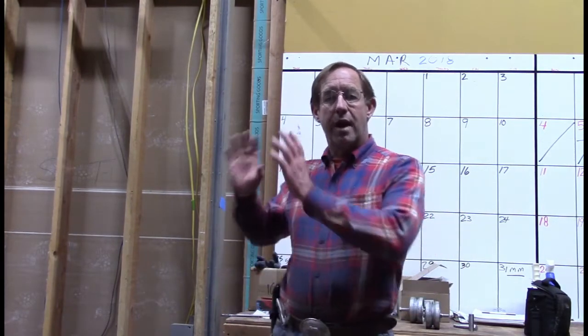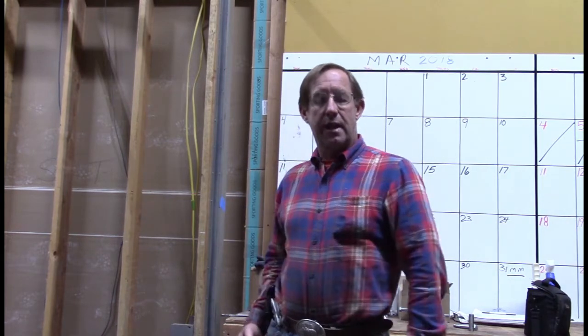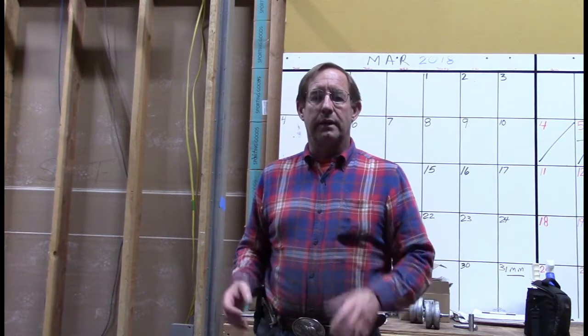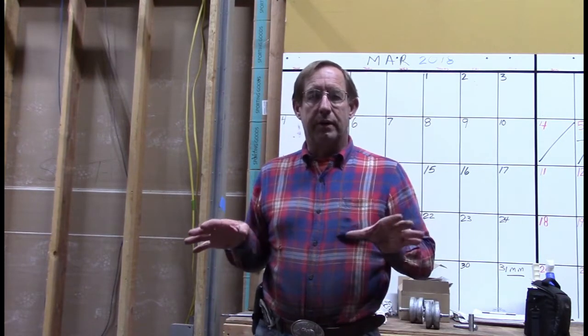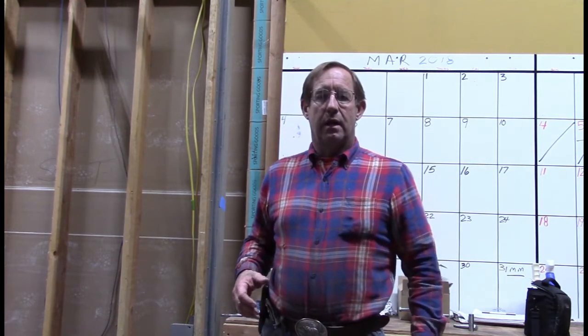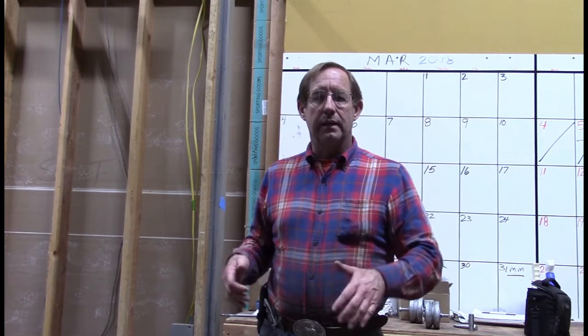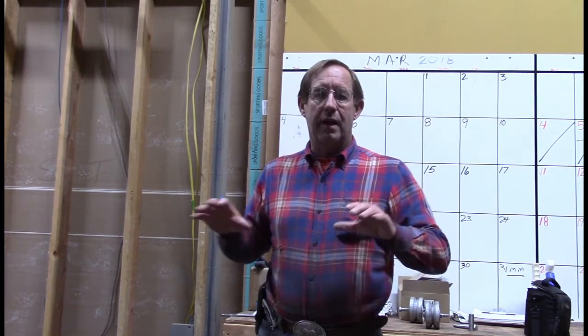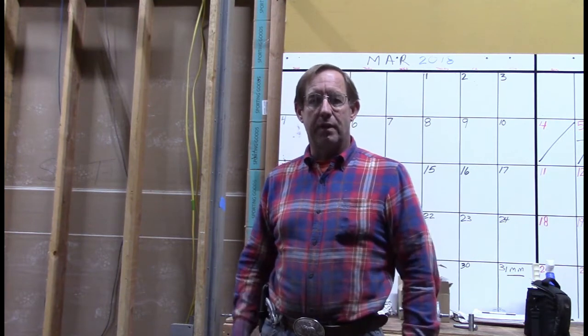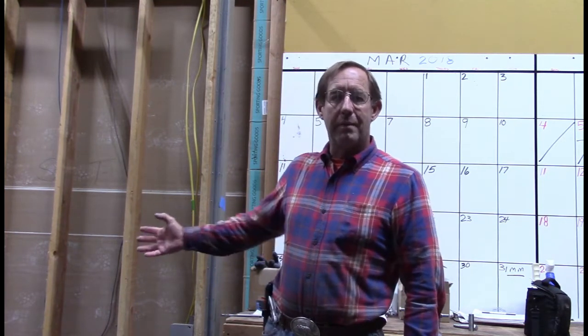Back again. We're going to be working on the trolley system again. We're actually going to be putting those onto our standards today, so you can get a more visual idea of what we're doing. We don't have the carriage built yet. I'm going to get these installed and where they're tight and working, and then we'll build the carriage to fit it. This will be a brief video just showing you how we're going to mount these onto